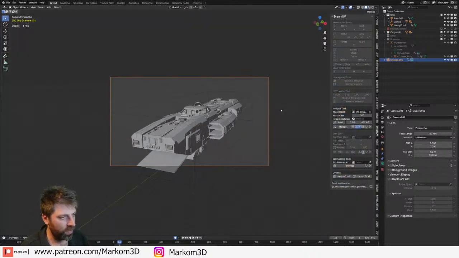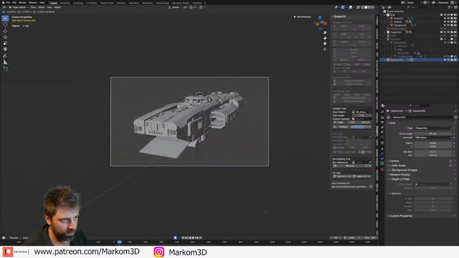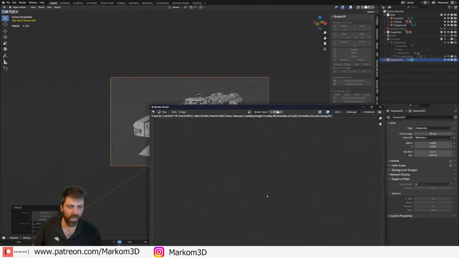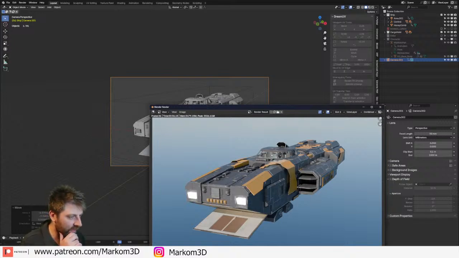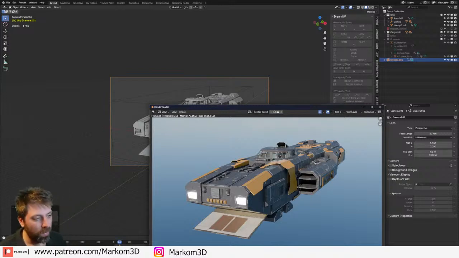I'm okay with this. So if we do this, GG. Let's do an F12, and we'll go from a little bit further. And now we can't even really see it. I think we could probably turn down that grunge. What I would love to do is a lot more ambient occlusion to go into all the cracks and all that. But then that's going to increase render times. And especially because we're going to take this over to Unreal Engine, there's no point with ambient occlusion unless we bake it all.